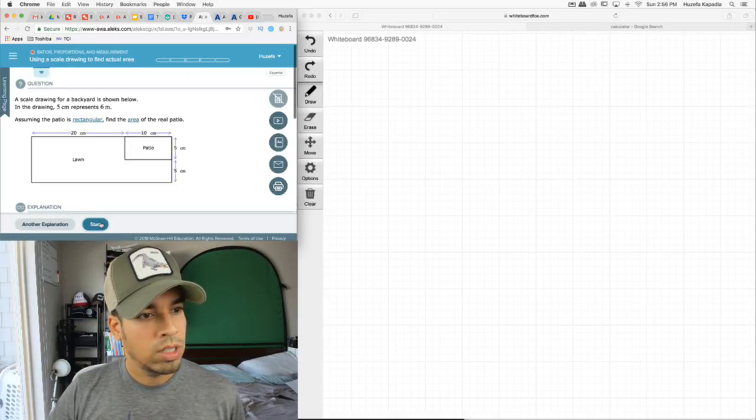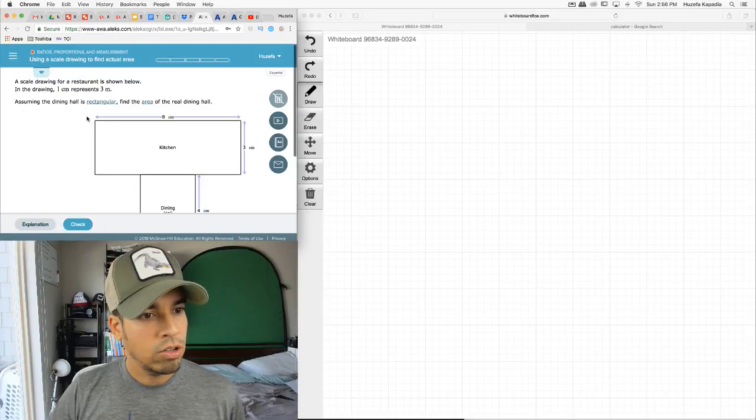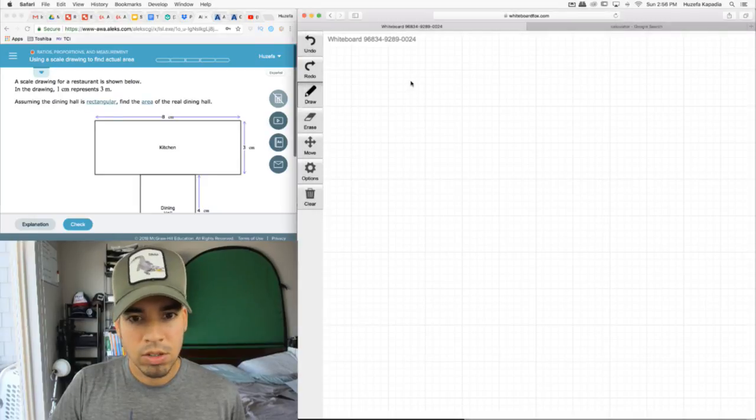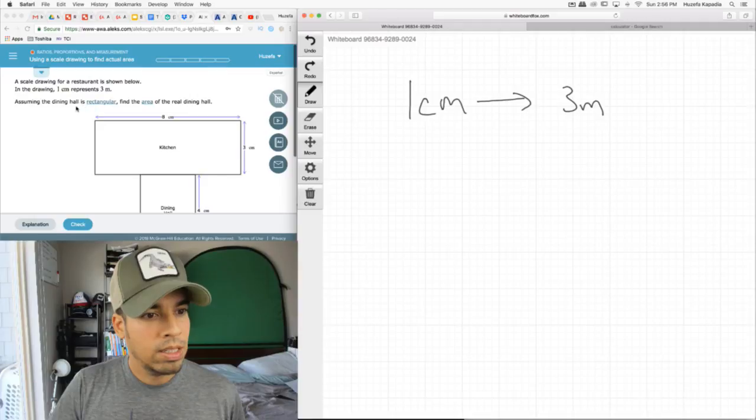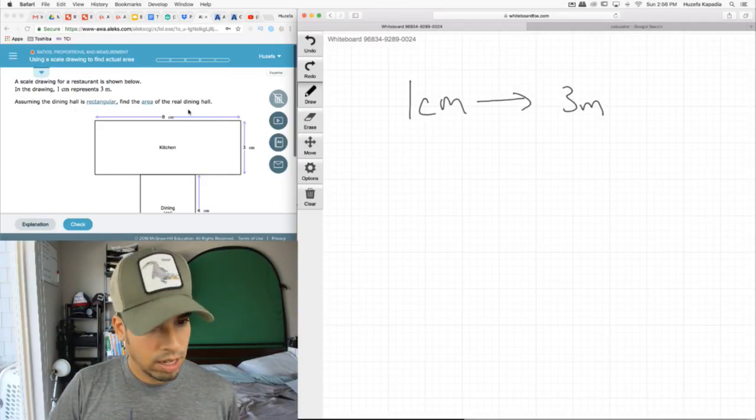Okay, using a scale drawing to find actual area. A scale drawing for a restaurant is shown below. In the drawing, 1 centimeter represents 3 meters. So 1 centimeter represents 3 meters. Assuming the dining hall is rectangular, find the area of the real dining hall. So in this case,